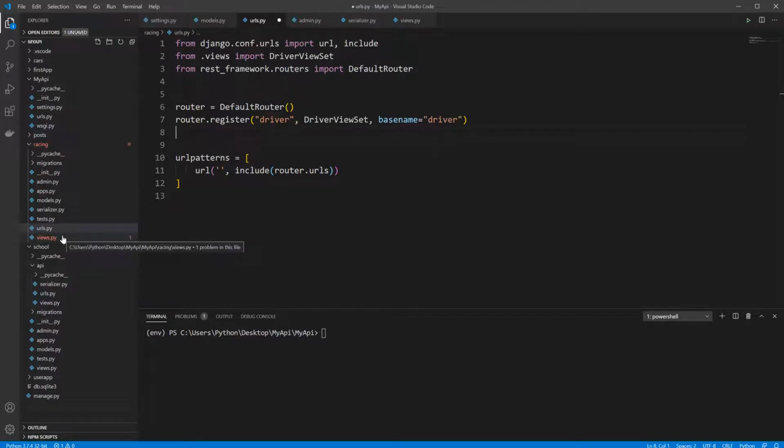So the answer is no, it doesn't have to be inside an API folder. It's just a way of organizing your files. You can put them in the root directory of your application. It doesn't matter. So let's run our server